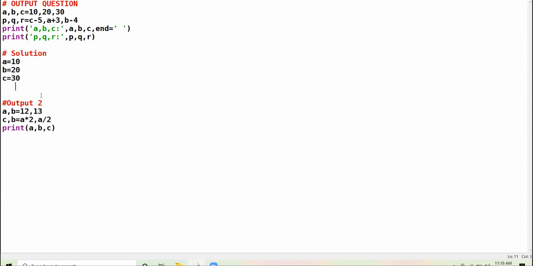Then A plus 3: A is 10, 10 plus 3, 13. B minus 4: B is 20, 20 minus 4, 16. Now these are the results of these expressions. They have to be assigned to P, Q, and R.